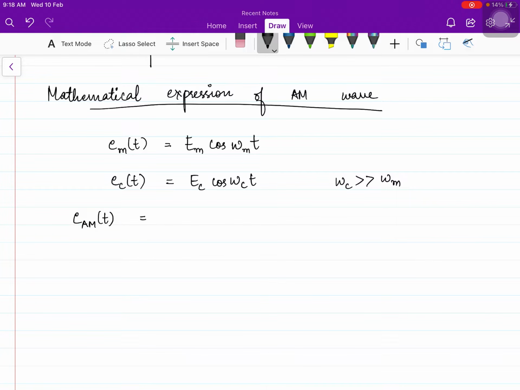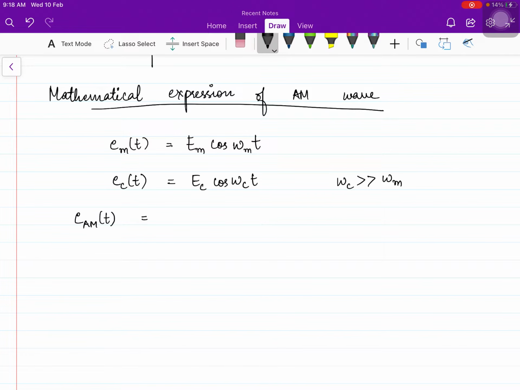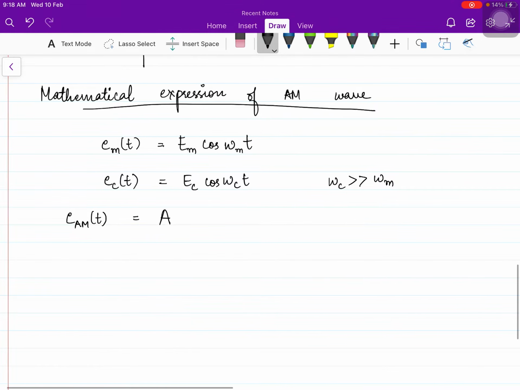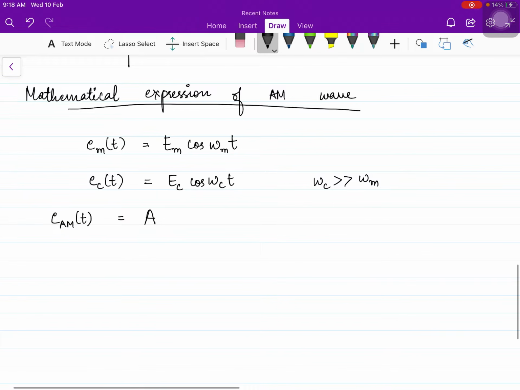So let's revise the concept of amplitude modulated wave to write this expression. In the amplitude modulation, you are varying the amplitude of carrier. So look at the expression of carrier. The amplitude was capital Ec earlier. It will become A now because it has changed. Amplitude modulation is changing the amplitude of carrier, so we have got a new amplitude. And the frequency and other parts remain the same. That means frequency and phase remain constant. So we have same frequency and phase for carrier wave. Only the amplitude is changed. So this is the concept of amplitude modulation.